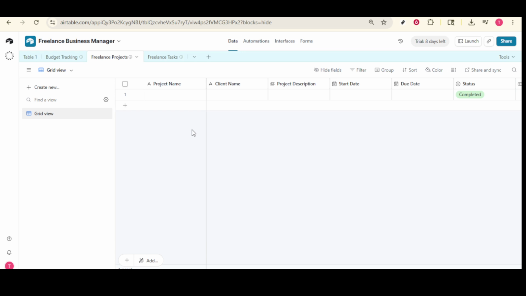Once your base is created, it's time to set up the core tables. Think of these tables as the essential categories or aspects of your freelance business that need to be organized. You might want to include tables for projects, clients, tasks, invoices, and any other crucial elements relevant to your work. Each table will allow you to track and manage different components that are vital for keeping your freelance operations running